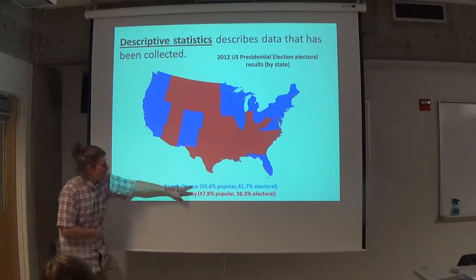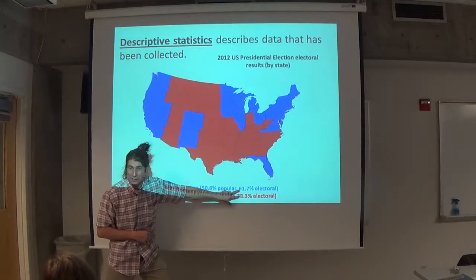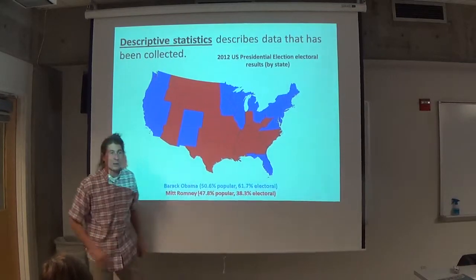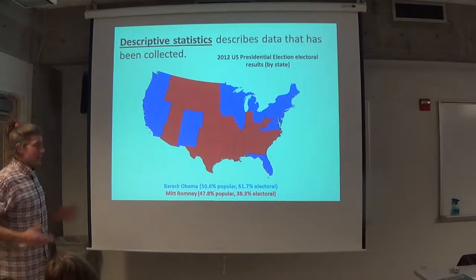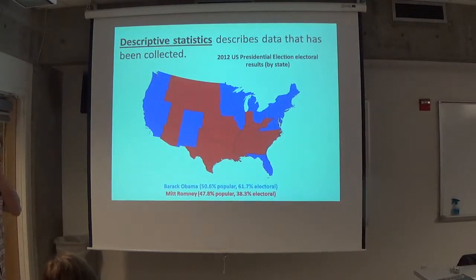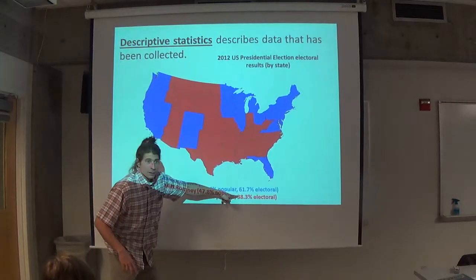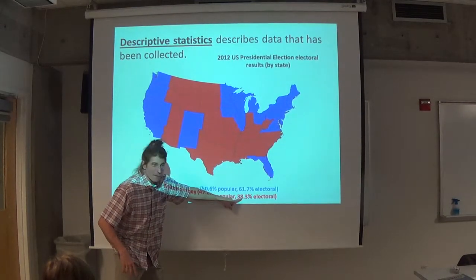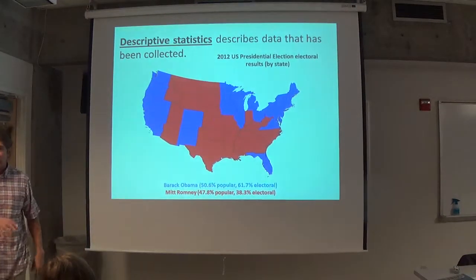So the popular vote doesn't add to 100%, but the electoral vote does, because unfortunately this is the system we use to decide the president, which, anyway, we'll get to that discussion over coffee sometime. But notice, if you look at that map, what color is predominant? Red. But yet Romney only got about 40%, where Obama got 60% of the electoral vote.